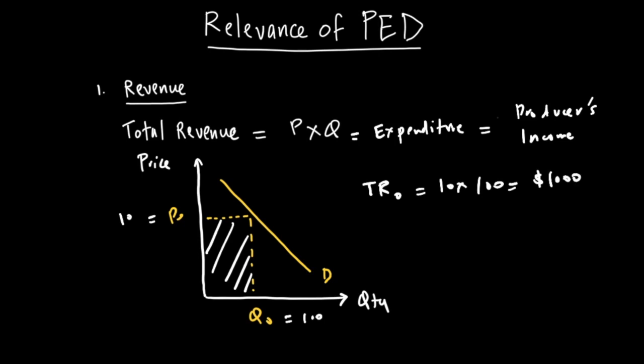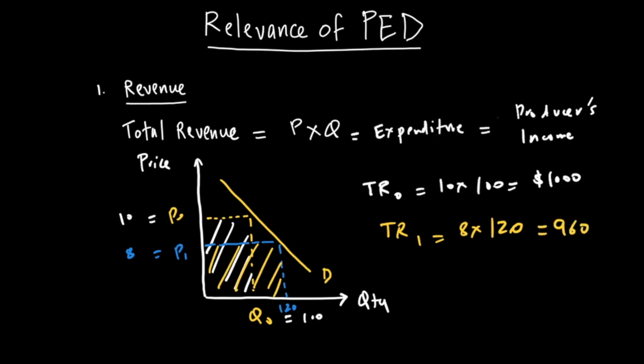Now, what if the price goes down? What if the price goes down to, let's say, P1? If the price goes down, let's say to, for example, 8, the quantity may go up, let's say to, for example, 120, and now my new revenue will be this region, which we'll call TR1, which will be 8 times 120, which is equal to